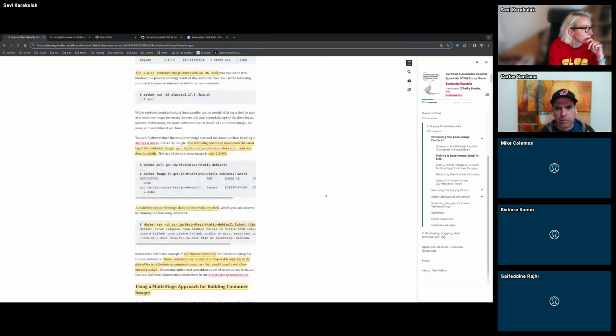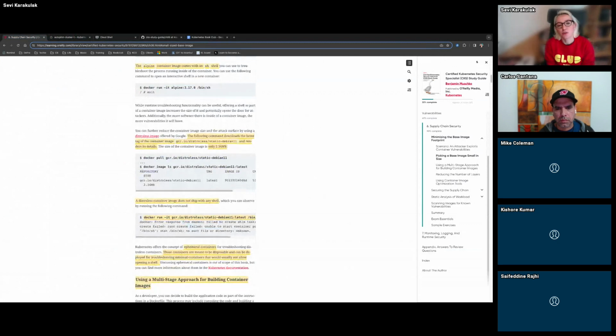With a shell, it could be useful to investigate your applications, your processes in the container, but it becomes vulnerable because it creates an attack surface that could be exploited by bad people. So you can use a distroless image offered by Google. It will be much reduced in size, and also